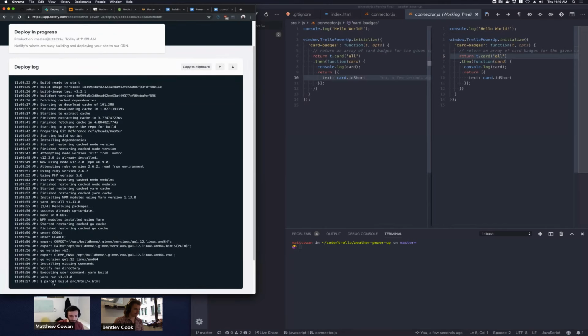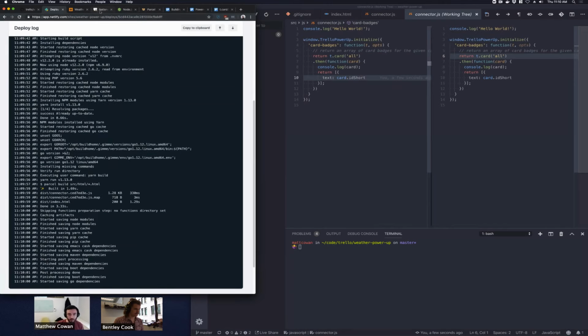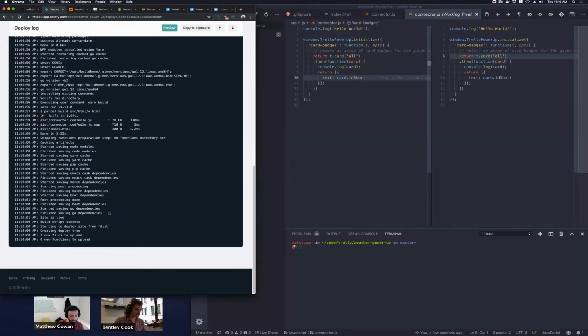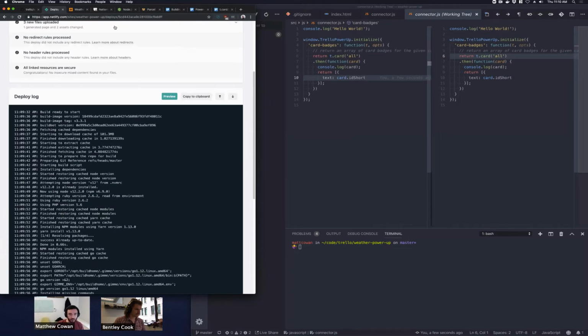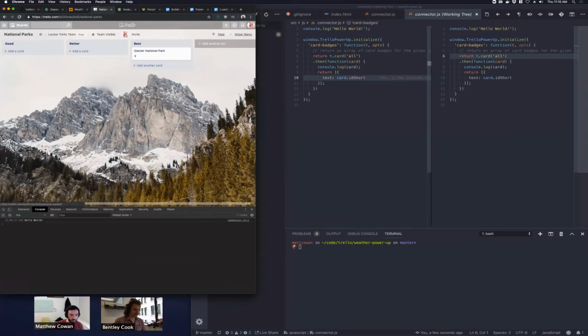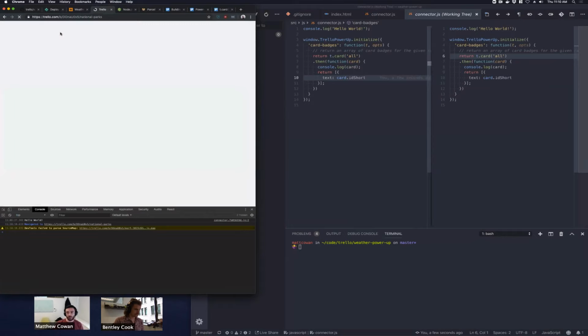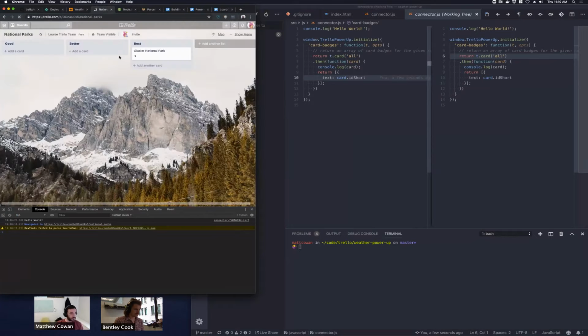And it's building, so let's come over to Trello. Yep, looks like it's all built. So let's come back over to Trello. We've got our one card, which we're gonna refresh. All right, so we don't see our badge on this card, so we'll have to figure that out, but we do